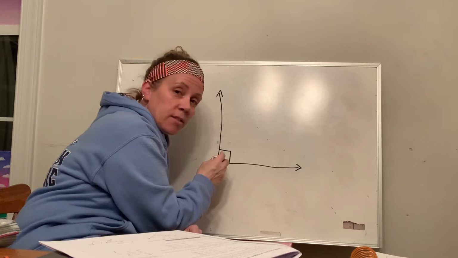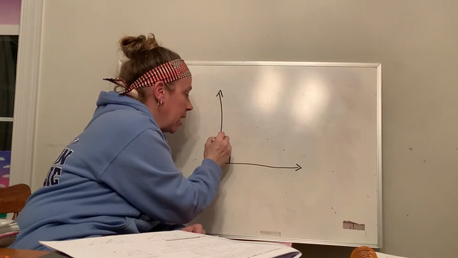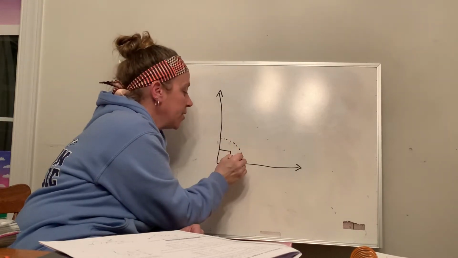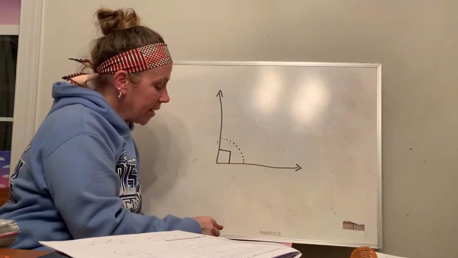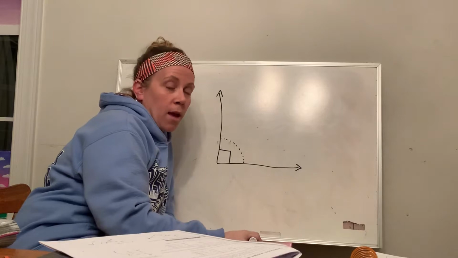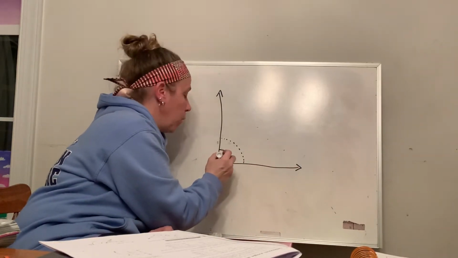It's got to show you that square. It's got to be specific. So we know that from this ray to this ray, that's 90 degrees. So if I tell you that I'm going to draw an angle using this ray and a new ray,